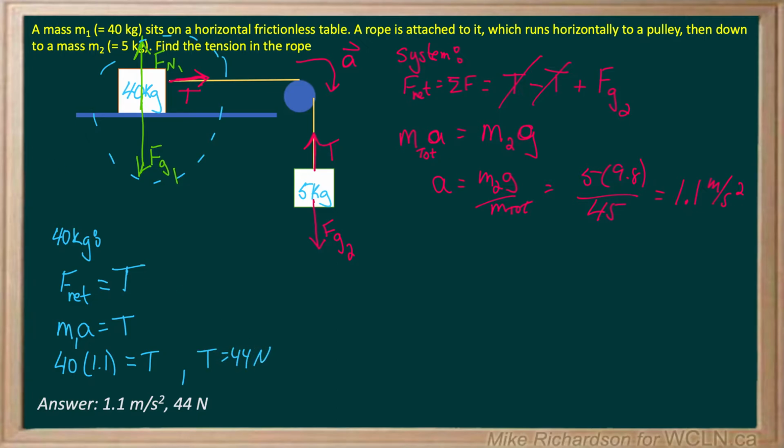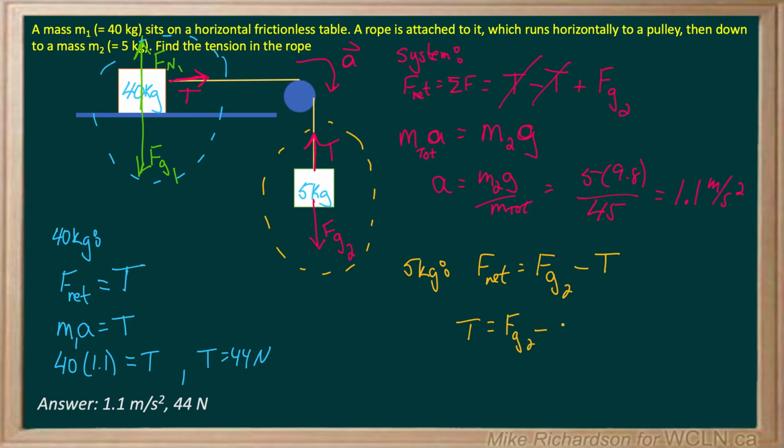Now, if you have time, quickly check it with the other mass. I'll do the other mass in yellow. So if I look at the 5 kilogram mass and just isolate it, I get F net equals, now Fg2 is positive because remember it's falling, that's the one in the direction of the acceleration, minus T. So my tension will be Fg2 minus Fnet, which is